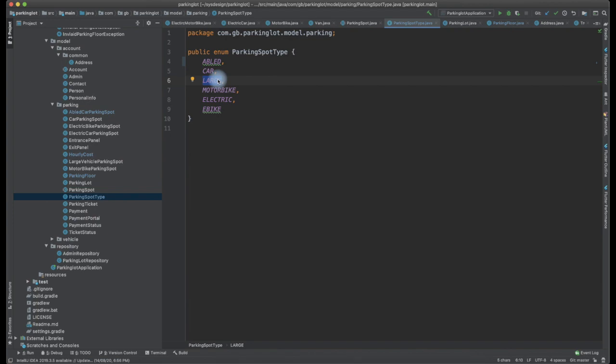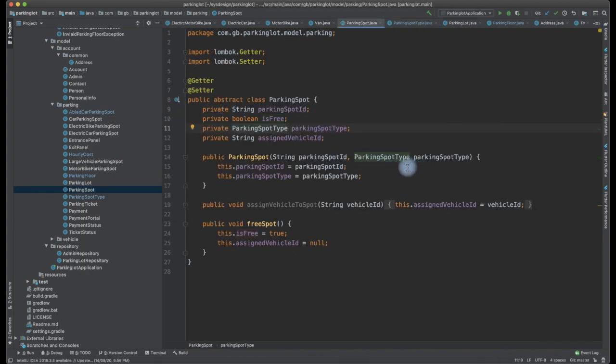We have modeled that as a large parking slot rather than going for a specific van slot and a truck slot. Those mappings will be done internally. We'll have a motorbike parking slot, an electric car parking slot, and an e-bike parking spot. With that, we have looked into the parking spot type.